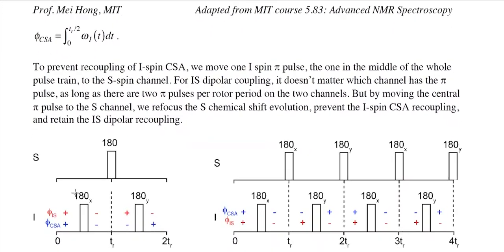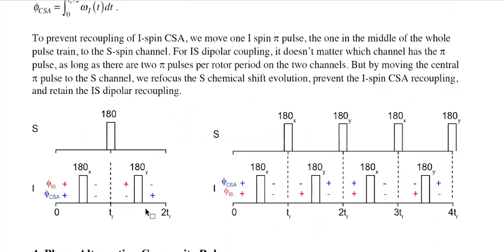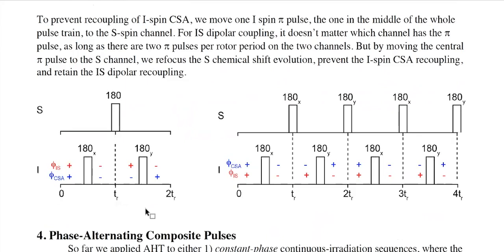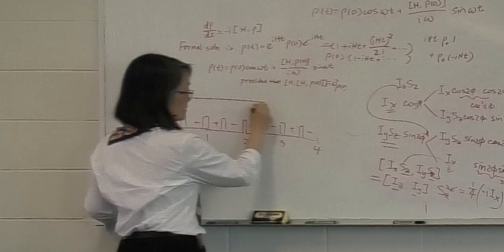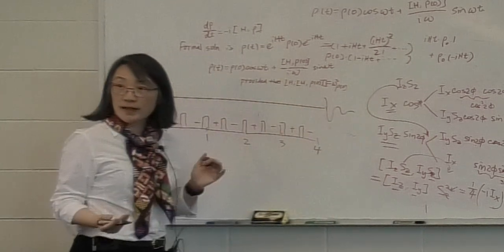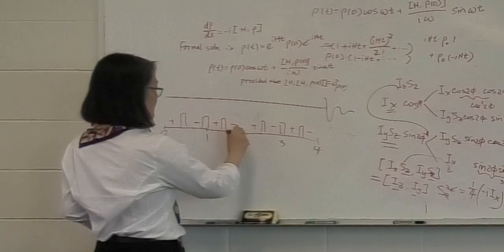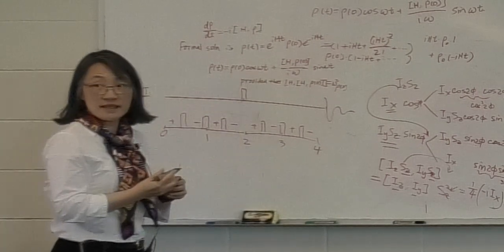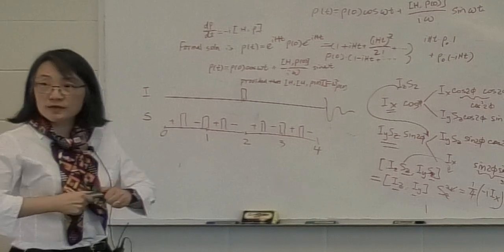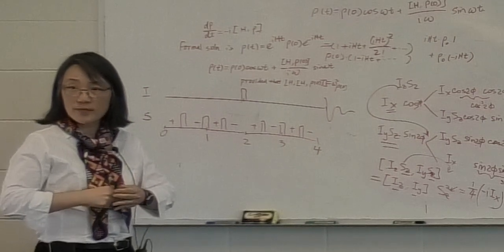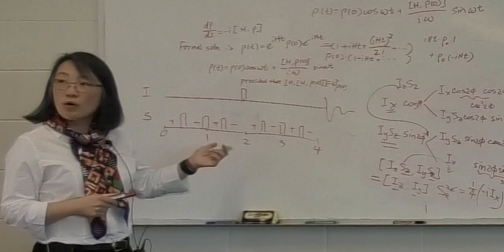So this is where you have to say, well, okay, I need a Hahn echo on the observed channel, and Hahn echo means I have to put a pi pulse in the middle of the entire REDOR mixing time. So what you want to do is then 0, 1, 2, 3, 4 rotor periods. This is my background channel, and on the other channel, I'm waiting before I detect. So let's put the central pulse right here because I need that for refocusing the chemical shift interaction. And you say, why does REDOR still work? Well, REDOR doesn't really